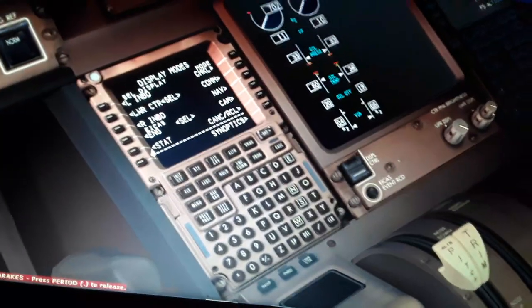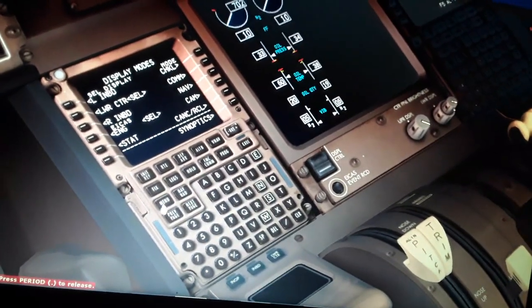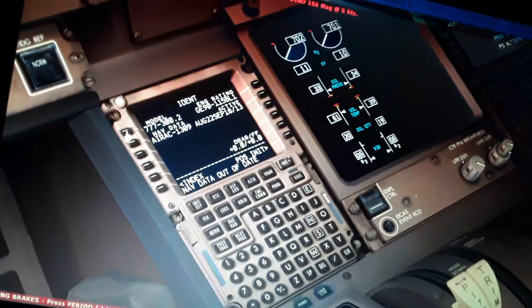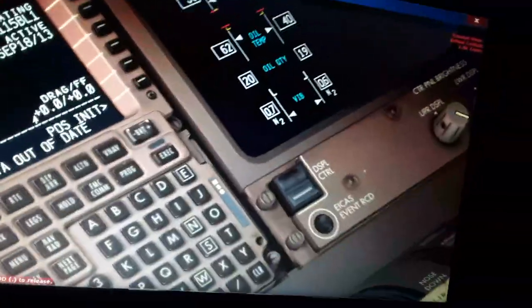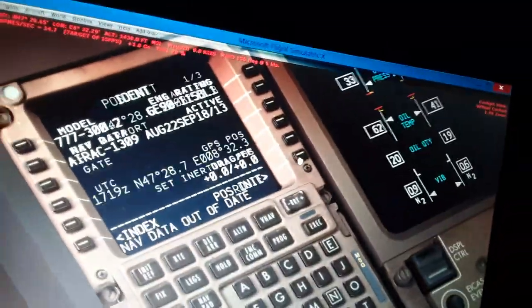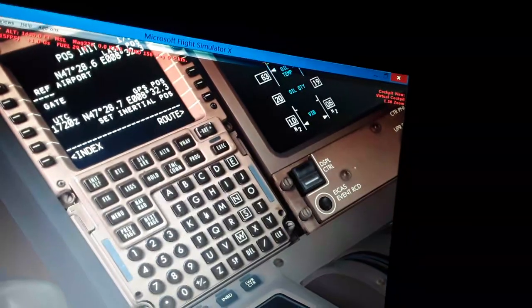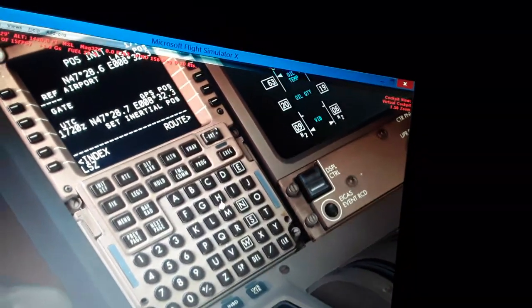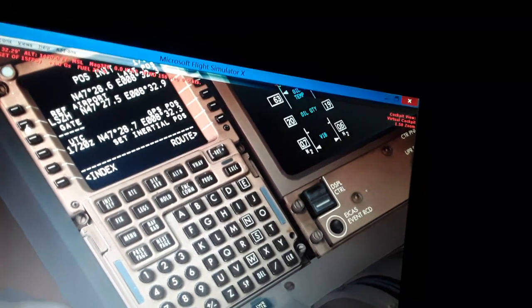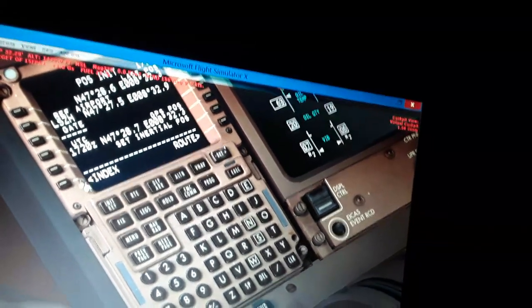We have the initialize, the menu, FMC, select the identity of the aircraft, position, initialize the position here of the aircraft. This is set initial position, so we set LSZH as the reference airport, set the inertial position, so index,